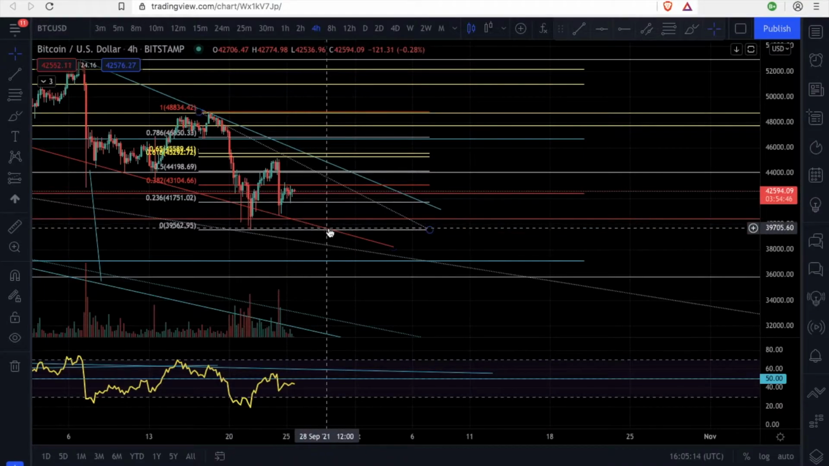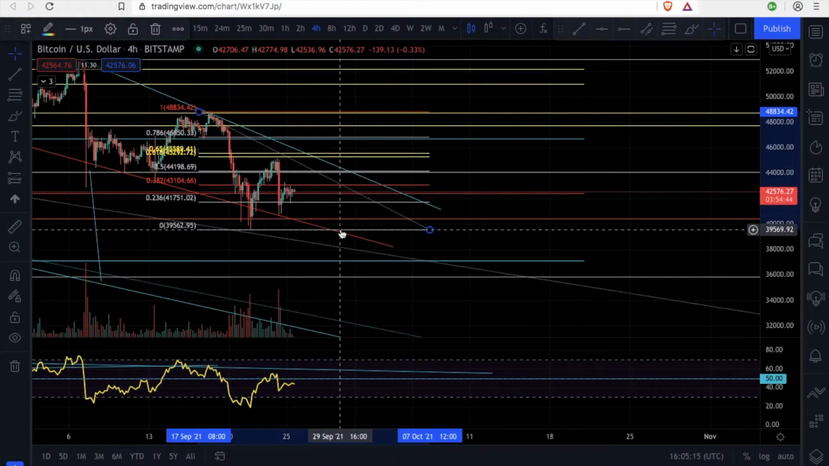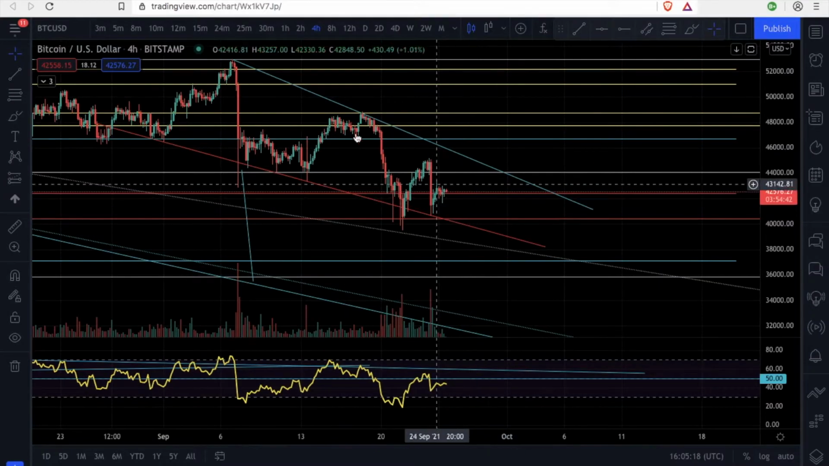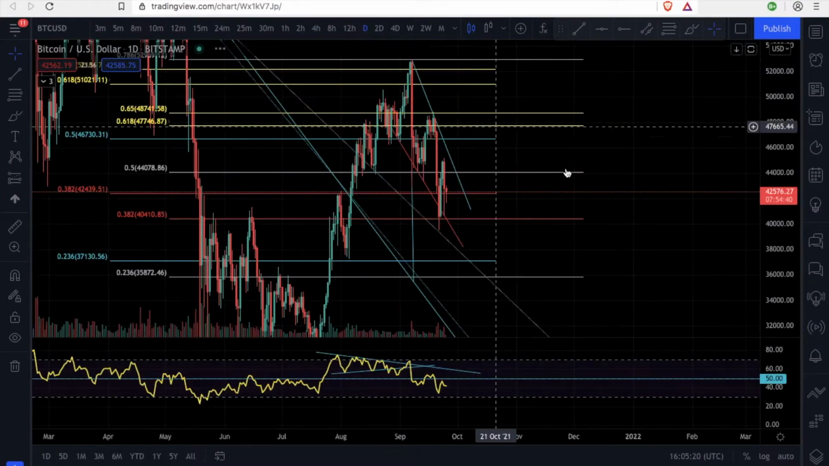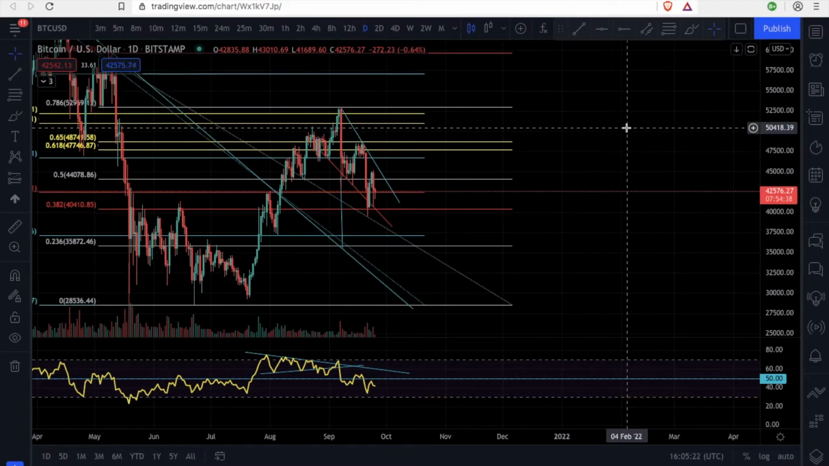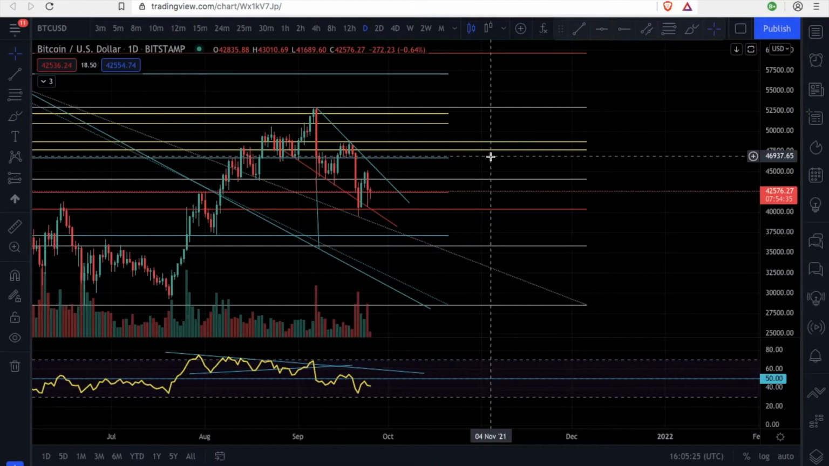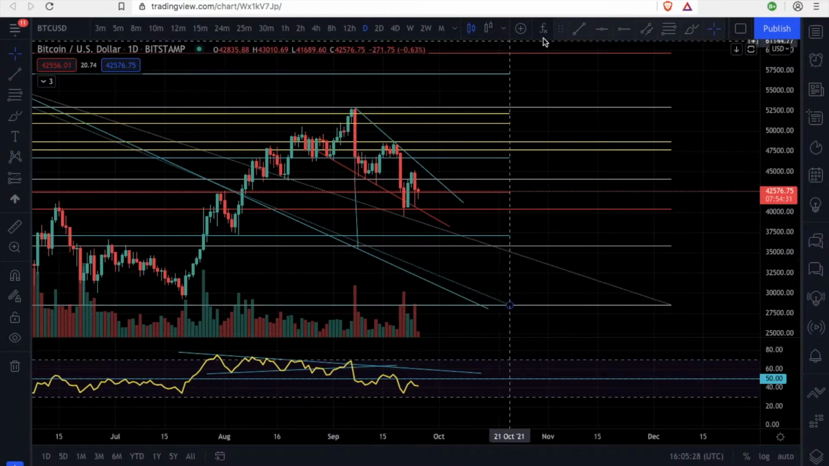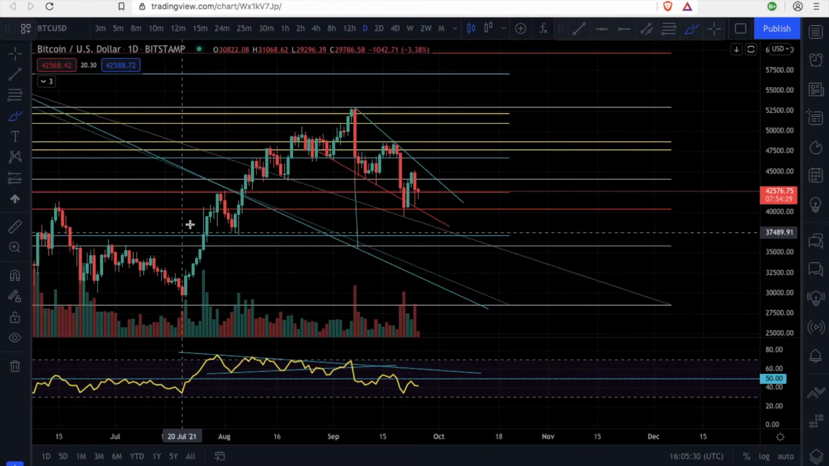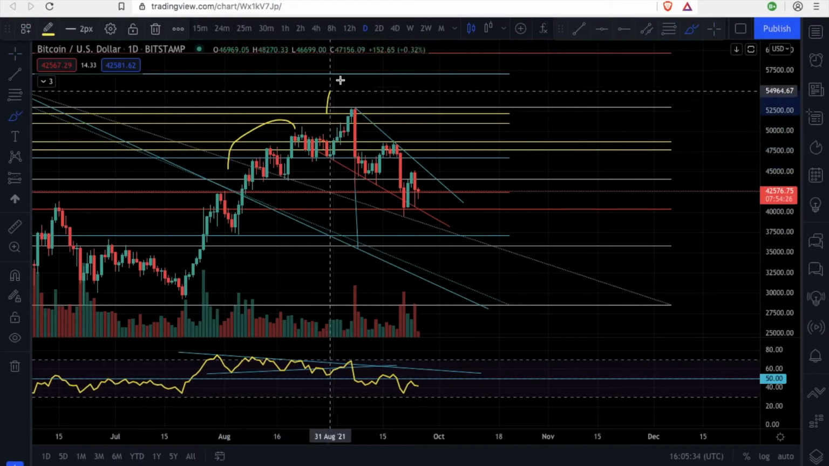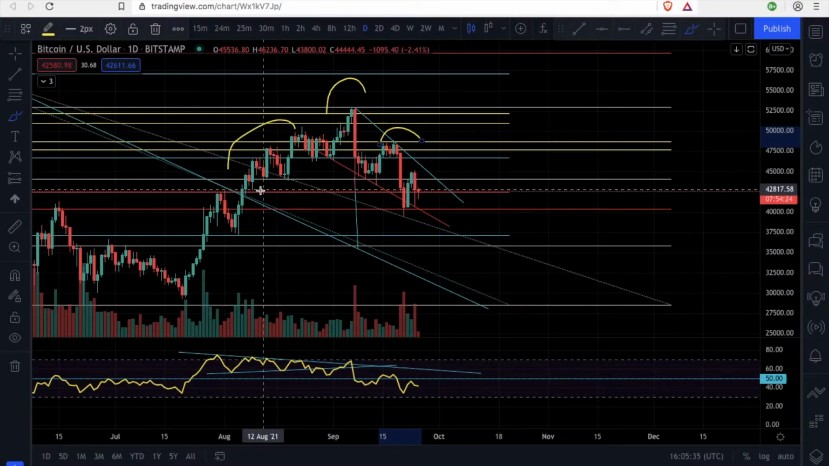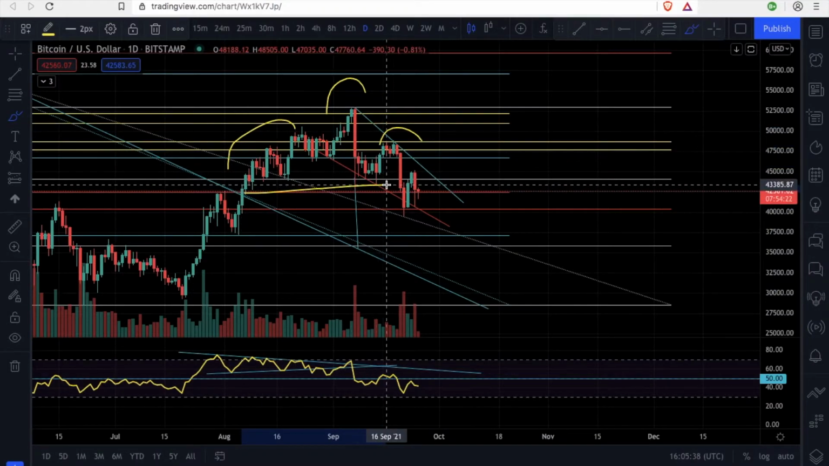So I'm gonna show you another scenario I see in the short term for the Bitcoin price. I'm gonna delete this Fibonacci tracer just for a second because I want to show you this pattern I see in the daily time frame. So right here, look at this, guys. This looks like a head and shoulders. Look at this, guys. You got the shoulder, head, and the shoulder right here, and this will be the neckline